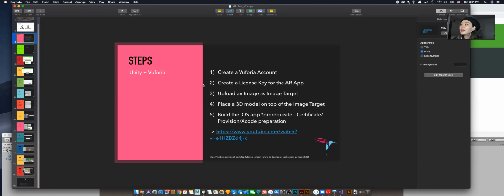First one is you need to create a Vuforia account in their developer portal. Second, you need to create a license key for the AR app in Vuforia. Third one will be you need to upload an image as image target. The fourth one will be you need to place a 3D model on top of the image target. Fifth one will be build the